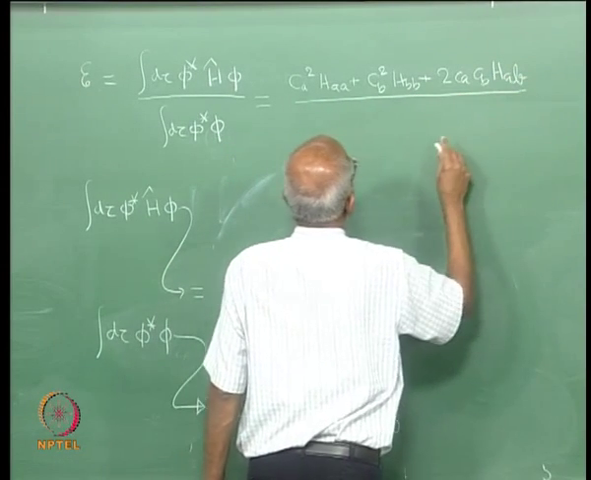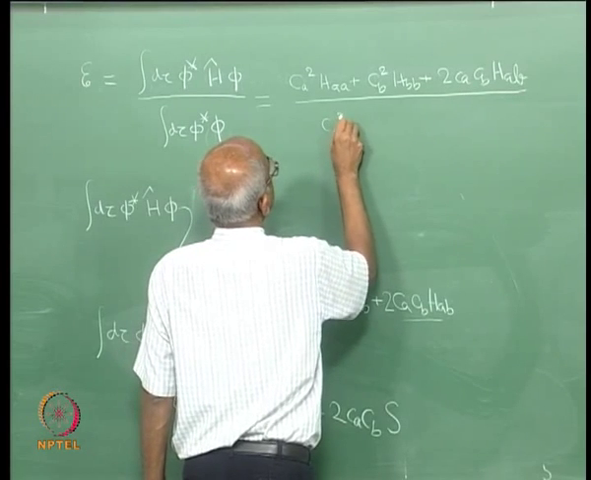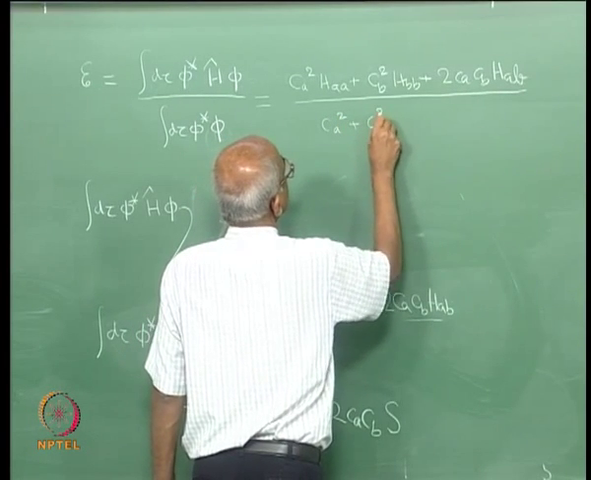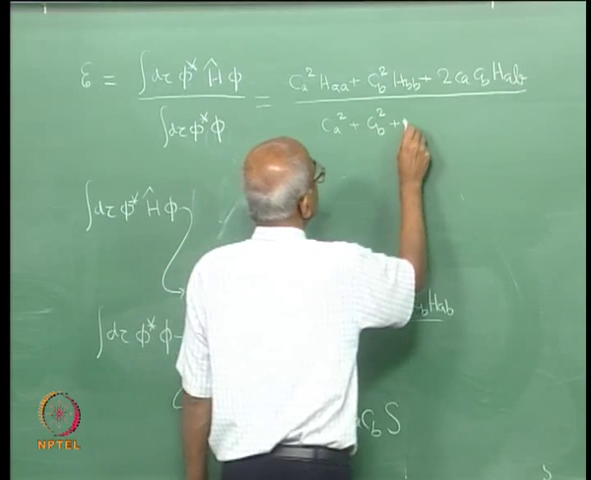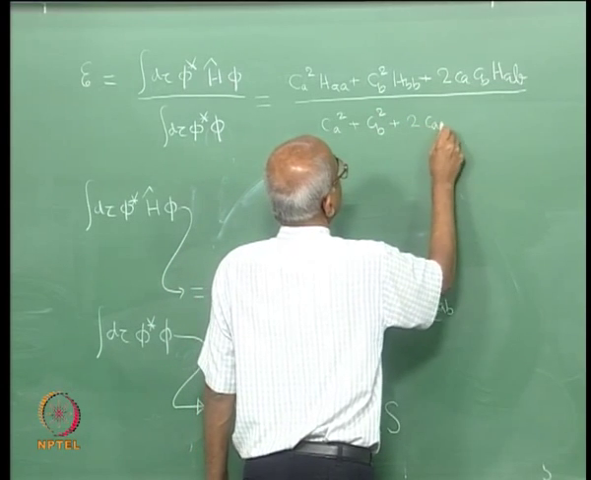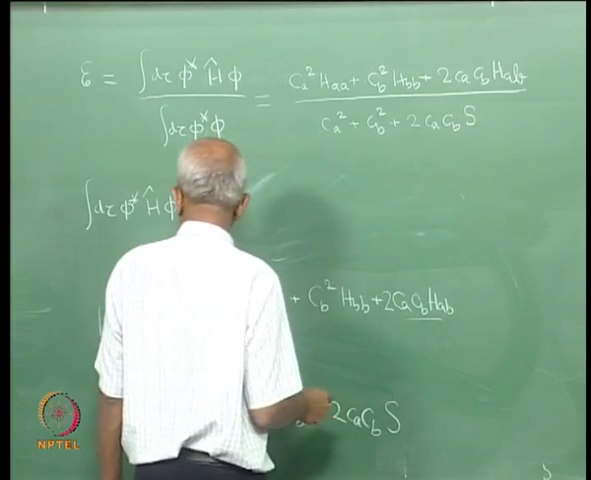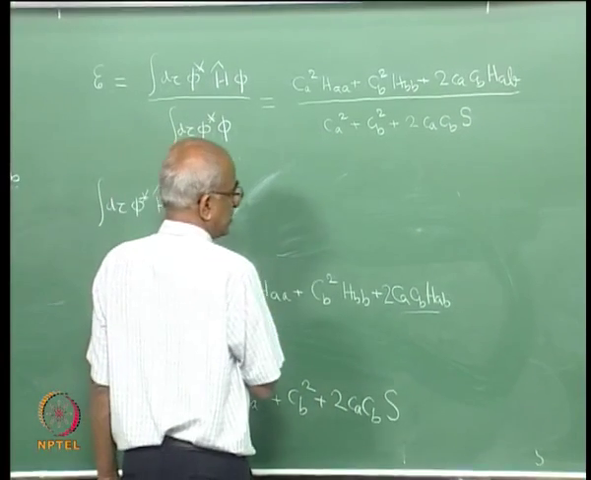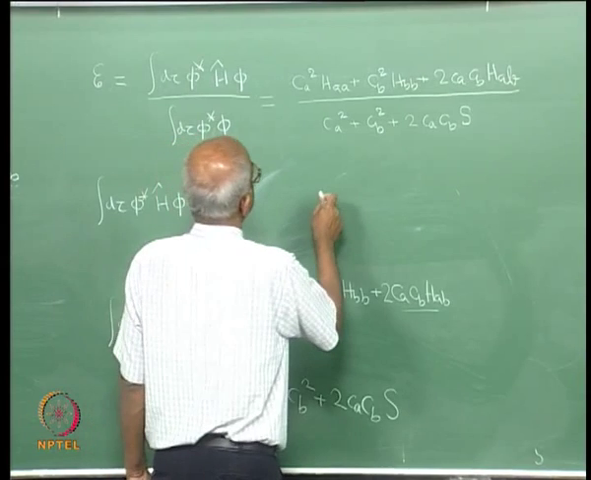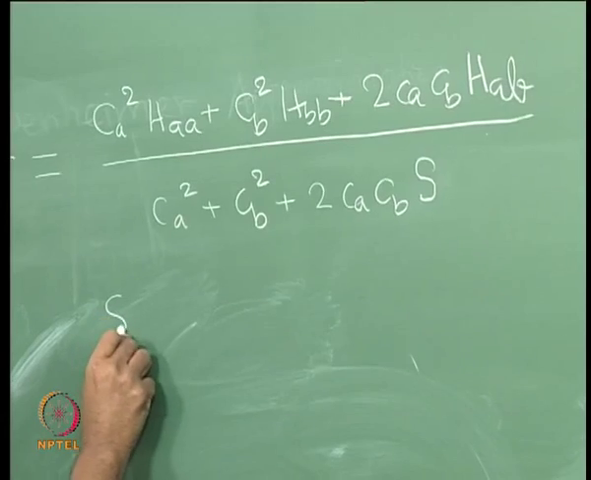divided by C A square plus C B square plus 2 C A C B into S. But what is S? I would like to remind you what S is. S is defined to be